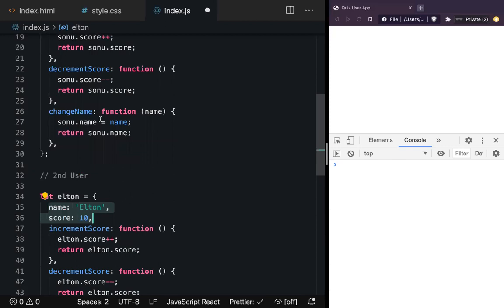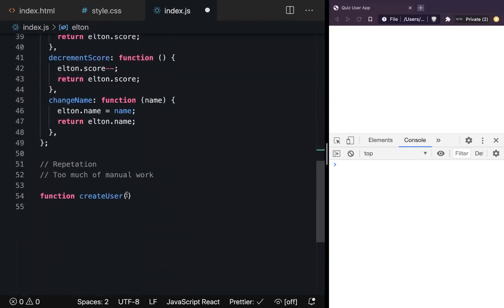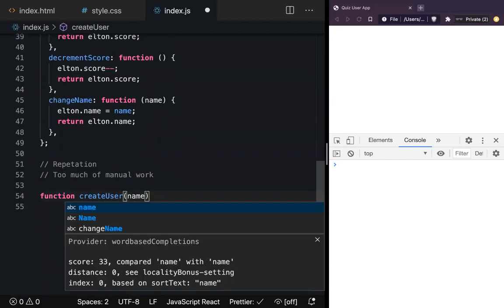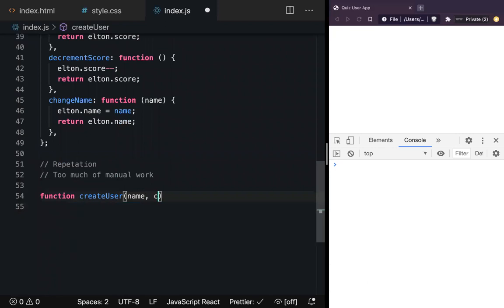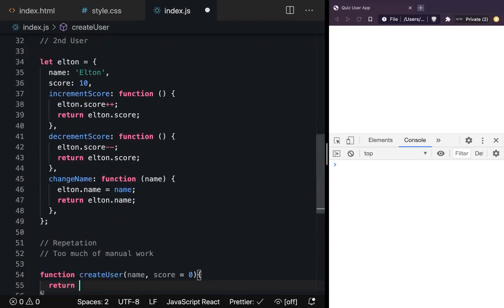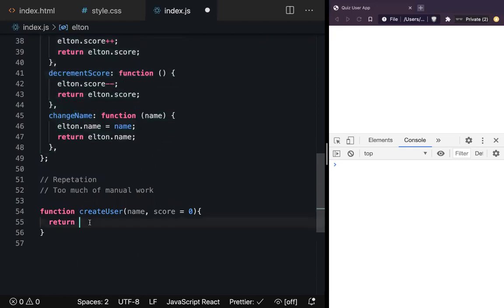The only things changing are name and score. So I'll take those as parameters, name and score. If you're not passing score, I'll default it to 0. And this function needs to return what? Think about it, what it will return. An object. It will return an object.